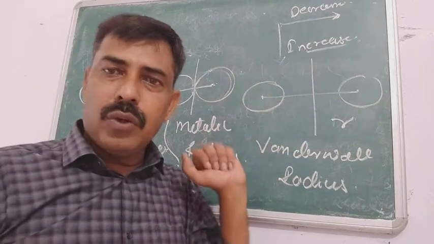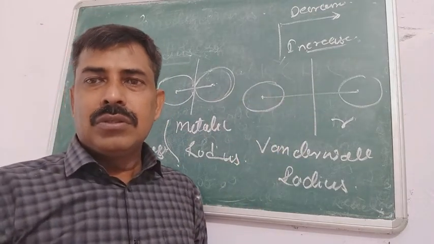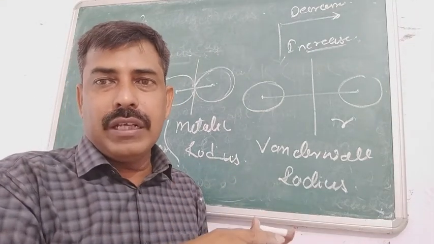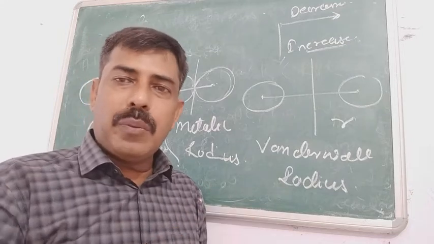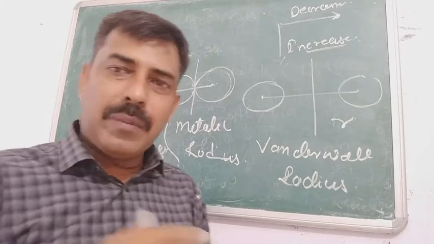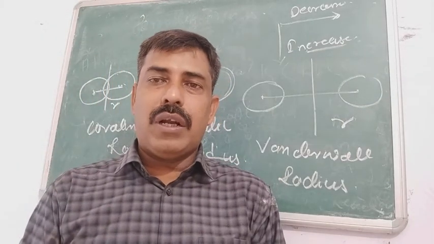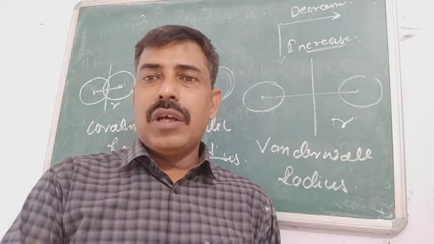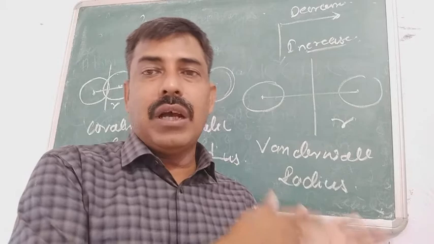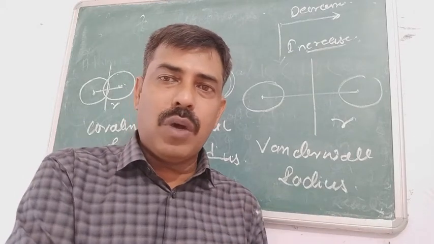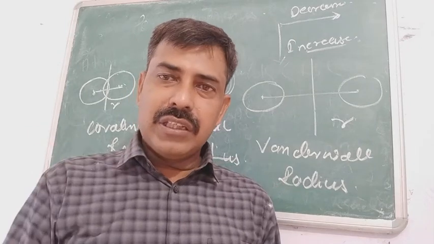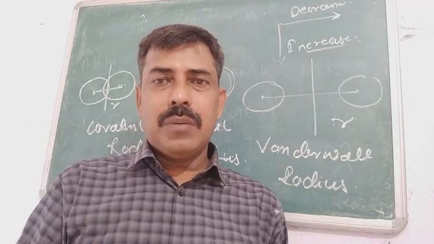So when you compare the radius, sodium shows the metallic radius, whereas neon shows the van der Waals radius, which actually can't be compared with each other. You can compare the metallic radius with the metallic radius and the van der Waals radius with the van der Waals radius. But when you see the reason why the variations in the atomic radius are taking place, it is because neon is capable of showing only the van der Waals radius, whereas sodium shows the metallic radius, and this is the reason why we find some variation in the case of these two.